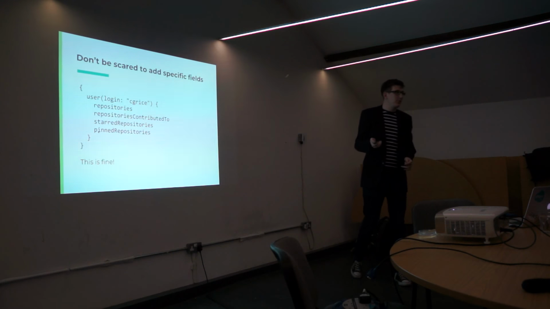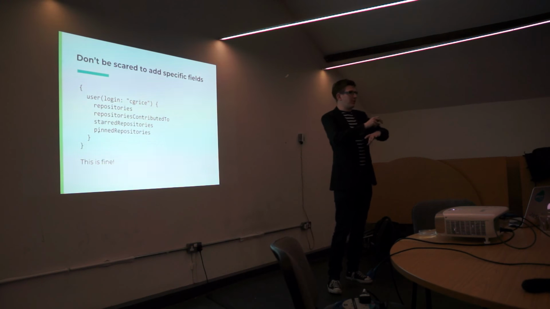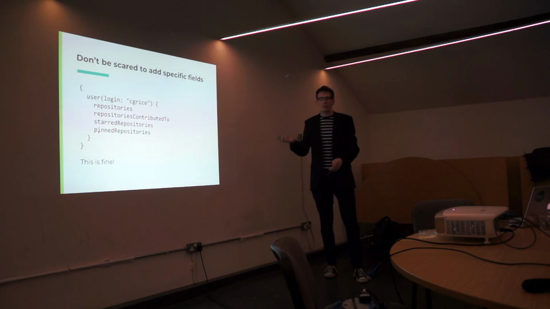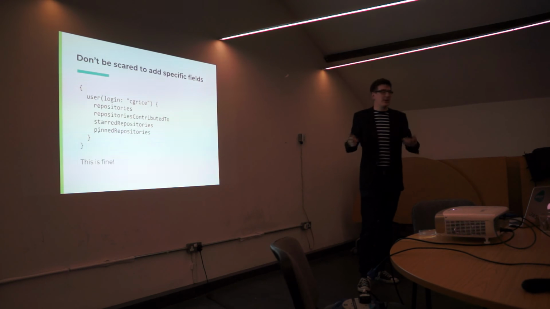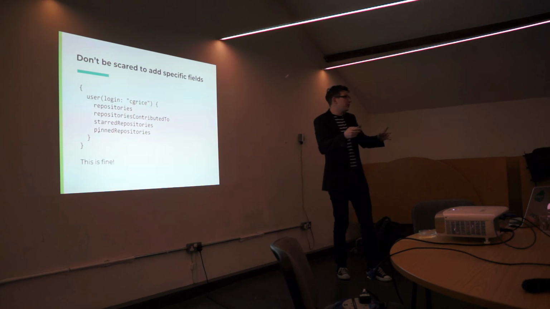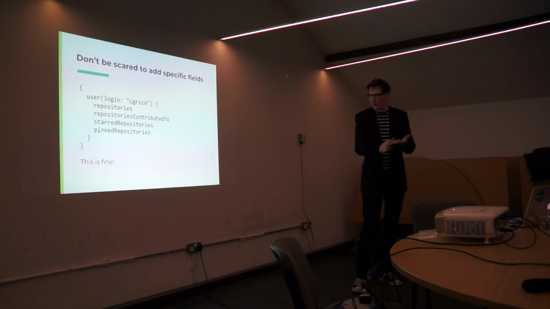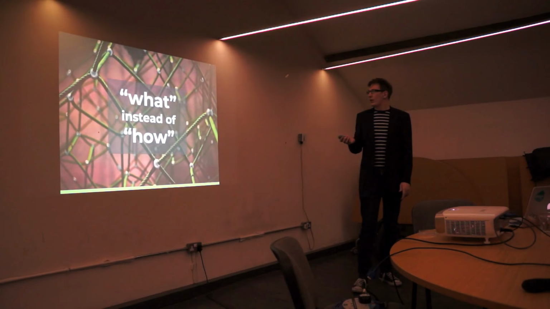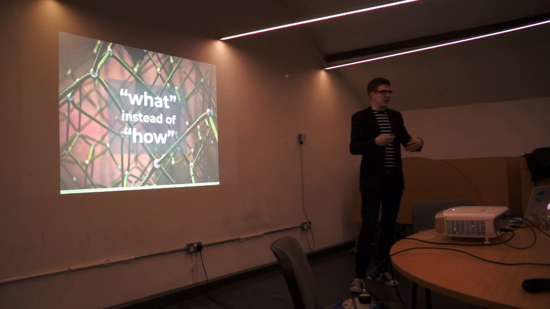So GitHub has a GraphQL endpoint. In the rest of the world, you might see this repository pattern where you go, okay, we'll do an is starred, is pinned across the field, and overload all that stuff. But in GraphQL, because you only get what you ask for, you can get away from that way of doing things. You have starred repositories, pinned repositories, whatever you want. If you don't ask for it, you don't get it back. So you can make it much closer to how clients use it rather than how you need to search it, rather than optimizing it for a developer or for performance. So you start thinking about what instead of how, which is quite a nice way to think about it, I think. What do my clients need rather than how we build it.